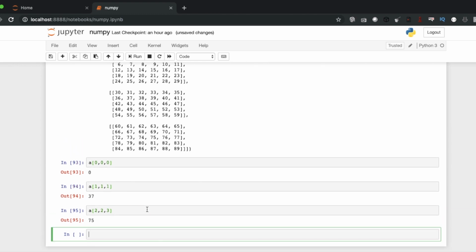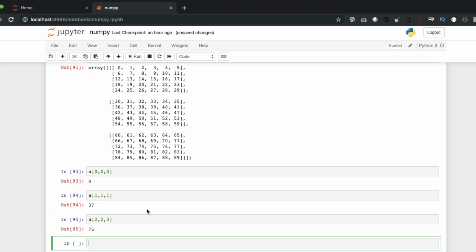Hope this is clear. I think we are having fun with this array indexing. There is no rocket science behind this. This is very easy, very simple. If you stick to the basics and read the documentation thoroughly, you will be easily able to understand. And this indexing or get item calls are very important whenever you are doing some manipulation with your data sets, or some statistical or mathematical operation.